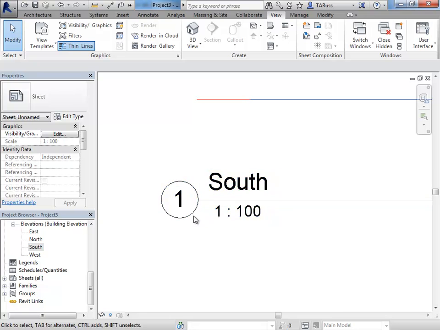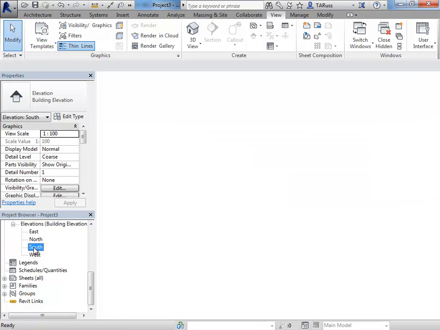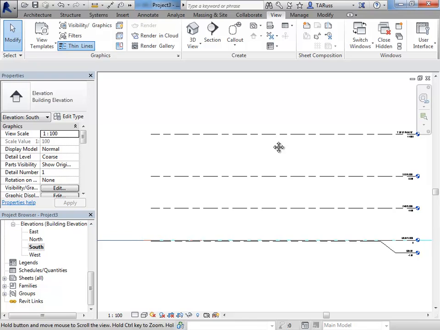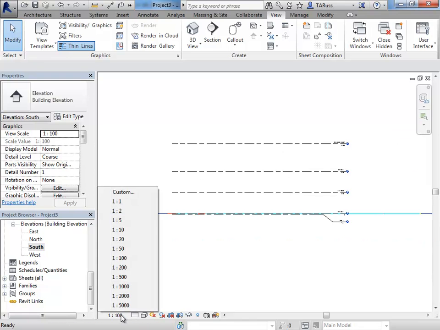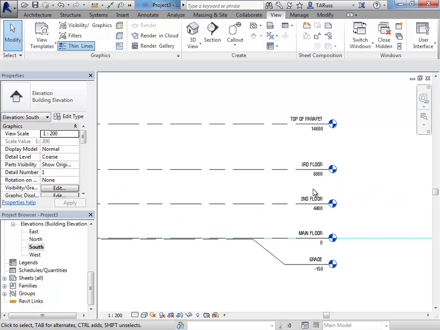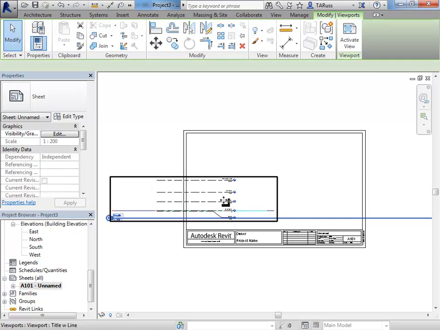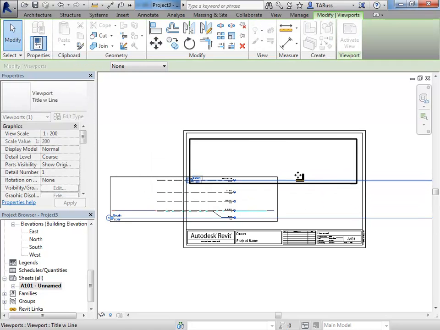So let's say we're reasonably close with that one. You can see at the moment it's set to 1 to 100. What we'll do is go back to the south elevation view. We're not going to have enough room at 1 to 100, so let's just change this to 1 to 200. And as I mentioned, you can see that everything adjusts, all the annotative elements, the text and the symbols. I'll go back to my sheet view. Double click there. Alright, so that's going to give me a lot more room to work with,